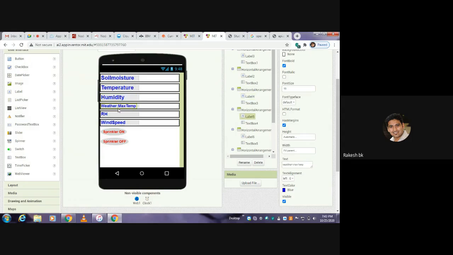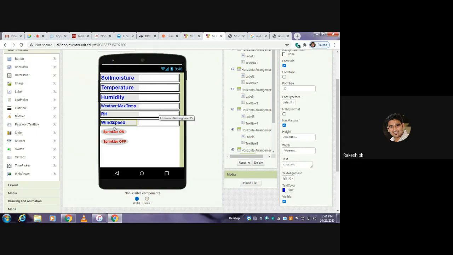Whereas weather, maximum temperature, relative humidity and wind speed are all available from OpenWeatherMap, right? Both of these data sets are already stored in their respective data sheets under the cloud services. So I want to design this user interface, retrieve that data, and have it displayed here, right?